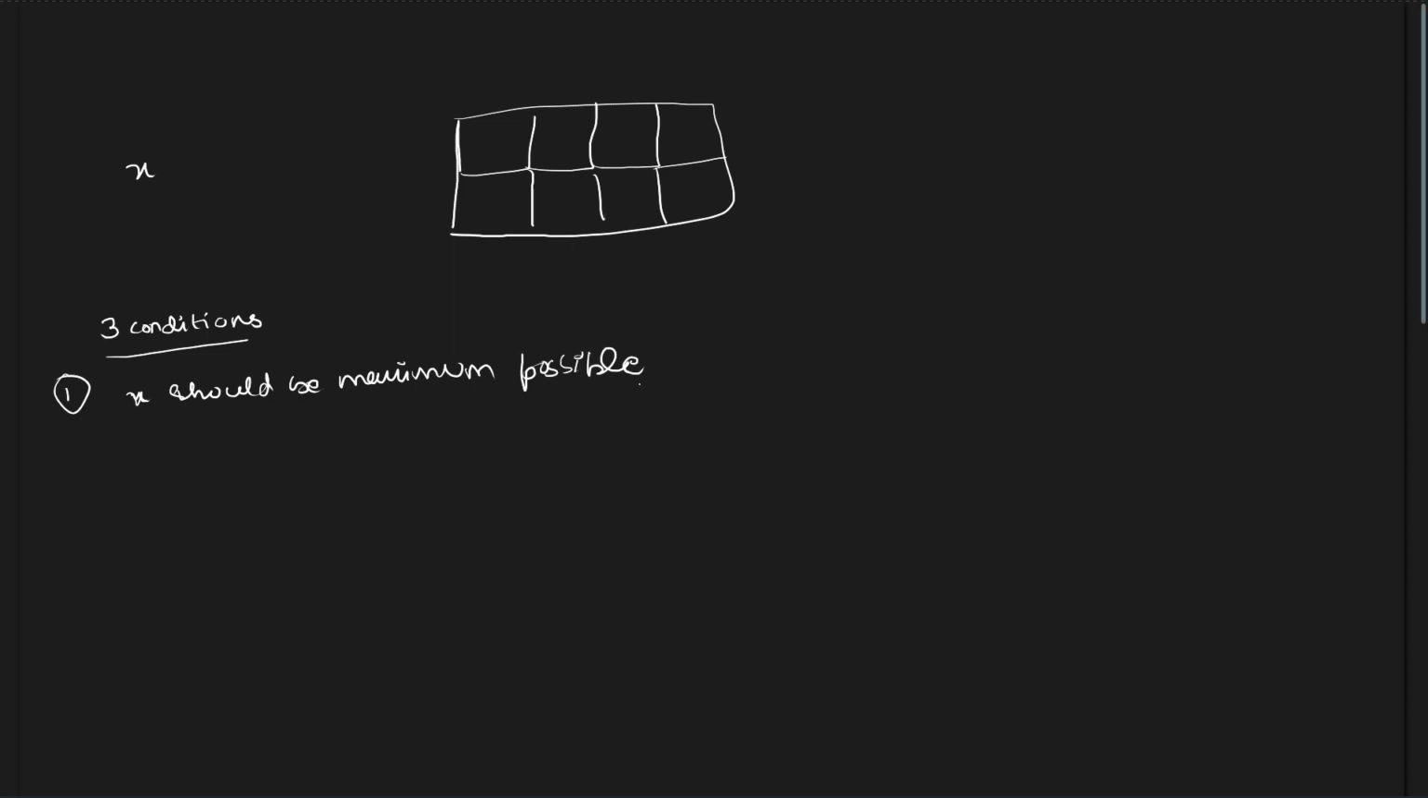Now I'll form three very important statements or conditions. If you read these conditions carefully, you'll be able to derive the solution on your own. So the first condition is, let us say that the side of the square is x. The first condition is x should be maximum possible. x should have the maximum value that is possible for the given test case. The second condition is,